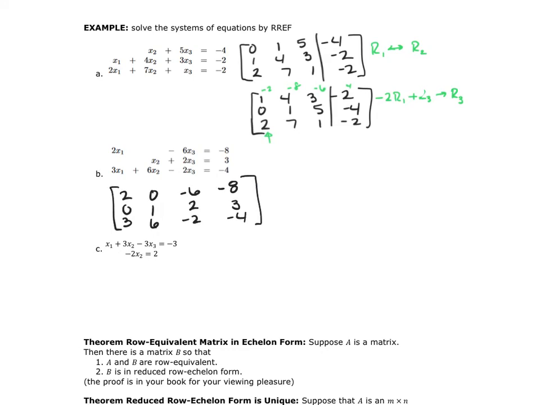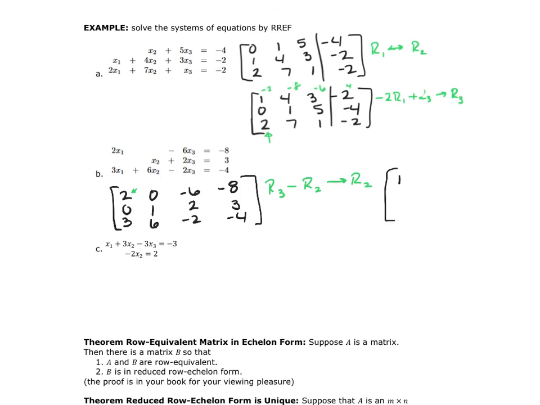Now what I'm going to do is I'm going to go ahead and take row 1. I'm going to subtract it from row 3 and put the answer back into row 1. Because what I want in a reduced row echelon form is I need to have right there, I need to have that to be a 1. So I'm going to take row 3, I'm going to subtract off row 2, I'm going to put the answer back into row 2. So then this becomes